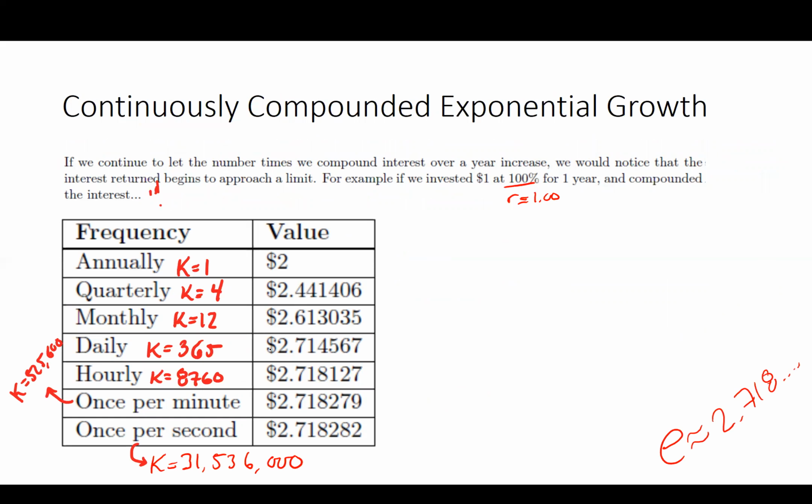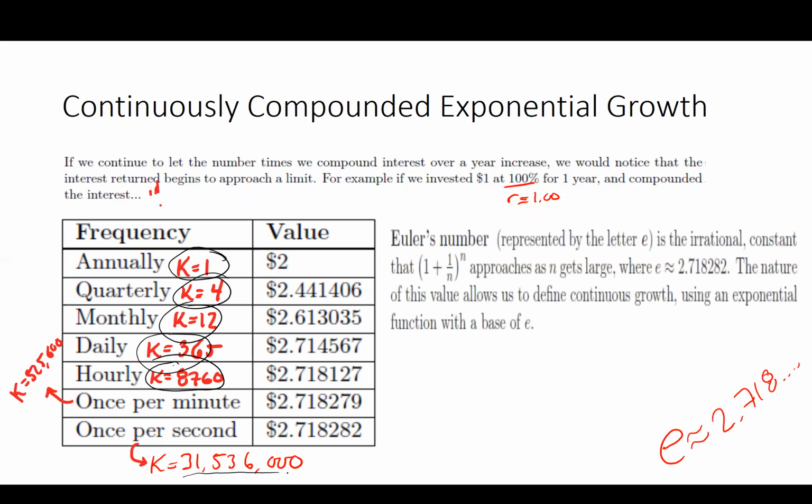So here's a way that we can explain this. If I took my K value and I compounded it once, 4 times, 12 times, 365. If I did it hourly, there's 8,760 hours. Once per second, 31,536,000 seconds in a year. If I took $1 and I invested it into an account with 100% interest for 1 year, but I started to change the number of compounds, as I took the number of times I compounded and sent it to infinity,